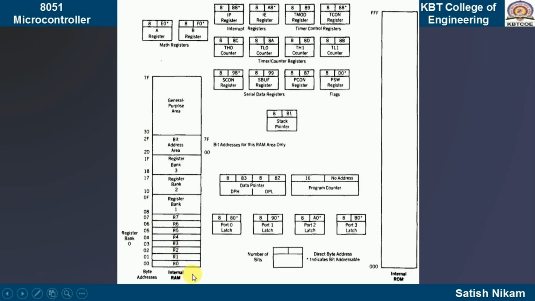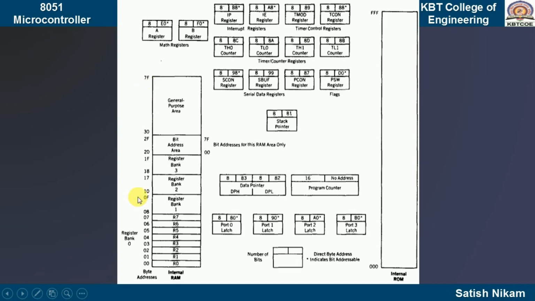Next, the very important thing, that is again RAM. In the previous part we discussed that in the block diagram the RAM is used to store data temporarily, but here in the programming model you have to remember this total RAM of 128 bytes, from 00 to 7F. If you convert 7F into decimal, you will get 127. From 00 to 127, these are the memory locations, and 128 bytes are there.